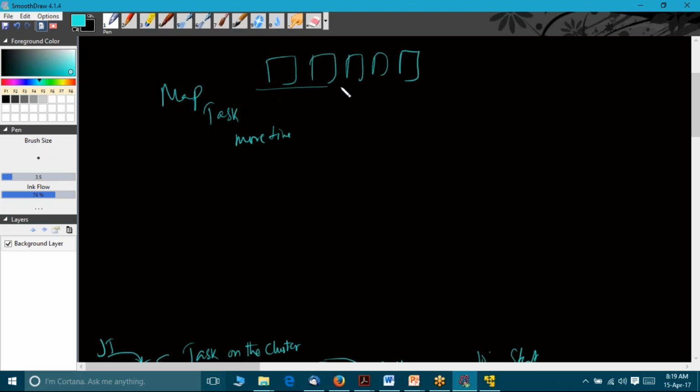Only when all these 5 map tasks finish does it go to the next phase. Till the map tasks finish, I will not go to the next phase. Now imagine, out of these 5 map tasks, 4 got executed and completed. It is waiting for the fifth map task to complete, and only then can it go to the next phase. If this fifth map task is taking too much time, whatever the reason,